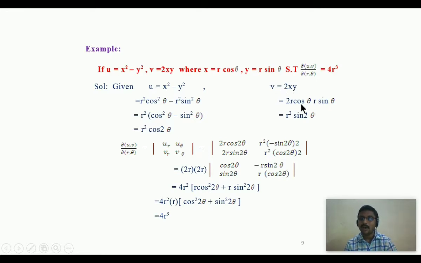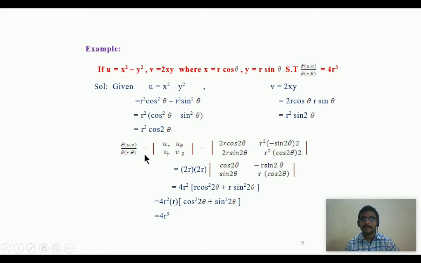That is 2r cos theta into r sin theta, 2r square cos theta sin theta. Now taking out r square, 2 cos theta sin theta is sin 2 theta. Thus clearly u, v are now in terms of r, theta. Now we can evaluate dou of (u, v) by dou of (r, theta), that is the Jacobian of u, v with respect